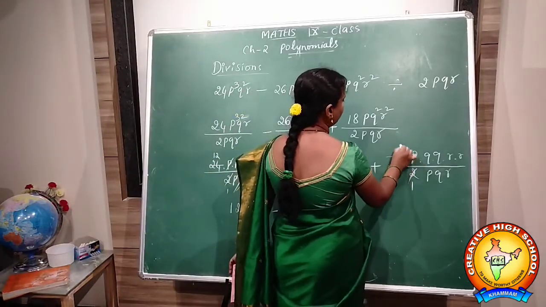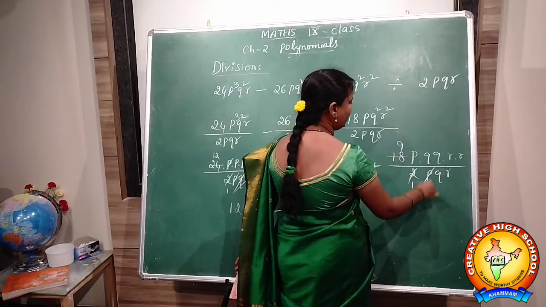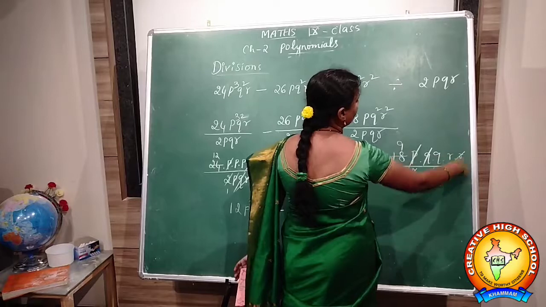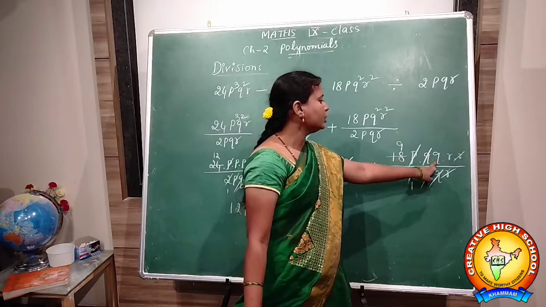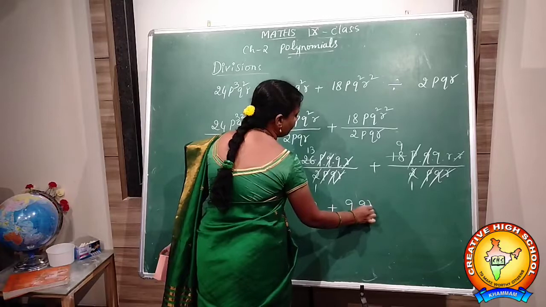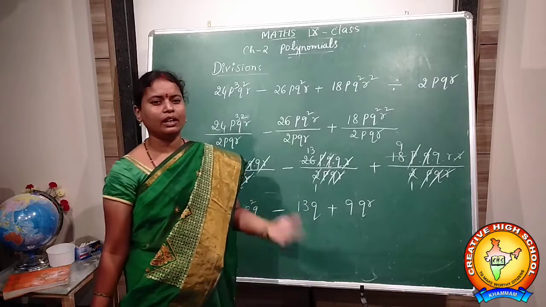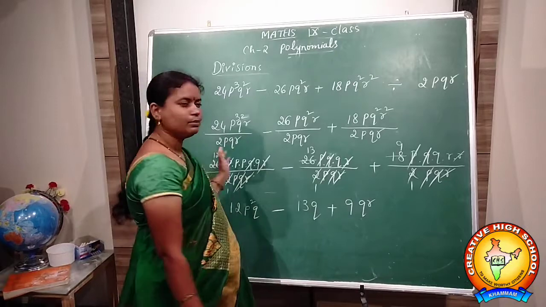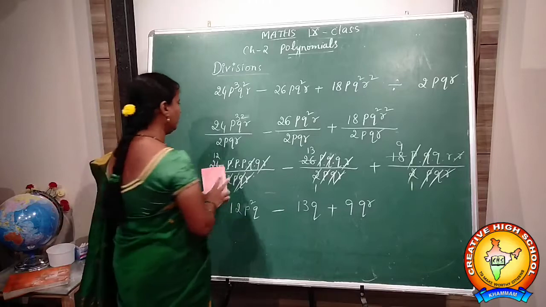2 ones are 2, 2 9s are 18. Is there any cancellation? It's with pqr. 1p gets cancelled, 1q gets cancelled, 1r gets cancelled. So what is left? Here 9, 1q 1r left. So that's why 9qr. So like this we have to divide a trinomial or binomial or a multinomial with a monomial. We have to take the terms individually, then we have to do the division. Let us see one more example.